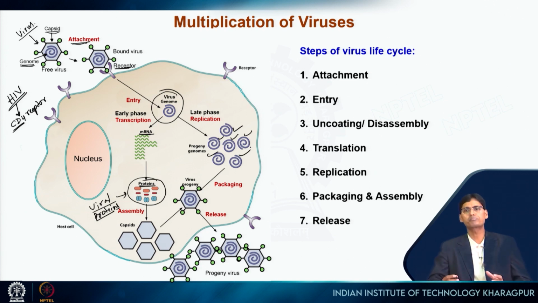This is a very complex step. Even scientists are not aware of everything about the packaging part. This self-assembly process is very interesting for viruses. Whatever protein and genomic material there is, they will pack together in a very nice self-assembly procedure, and finally you will see the complete virion, complete virus particles, coming out as progeny virus from the host cell. So, this is the overall procedure of how a virus multiplies inside the host cell.